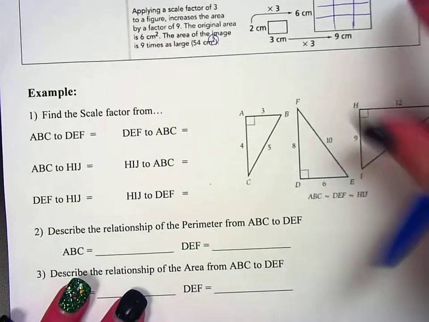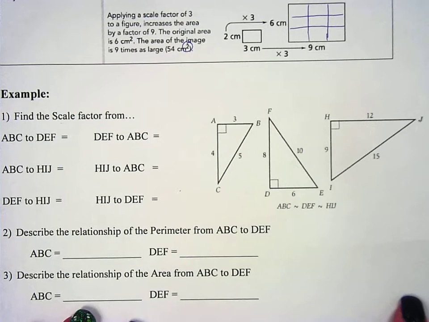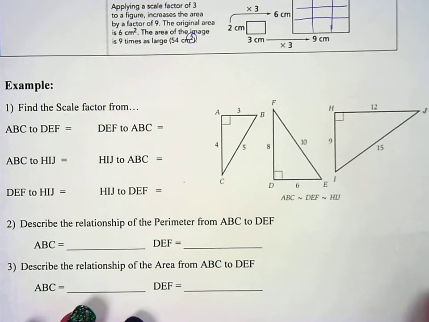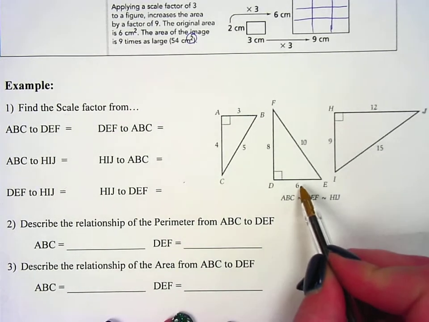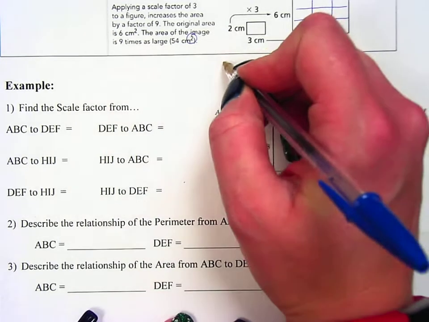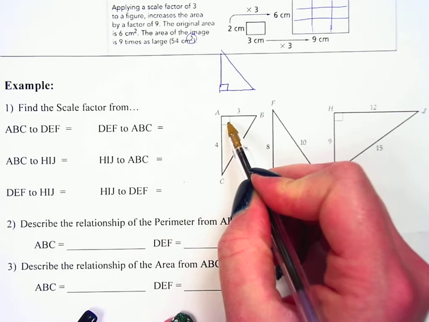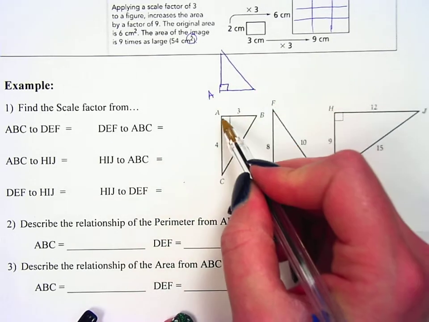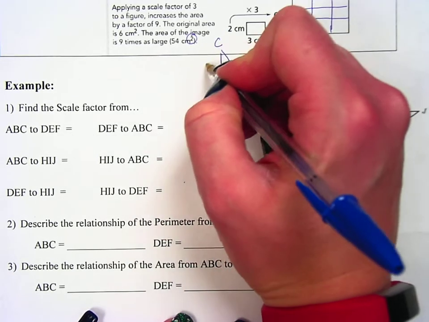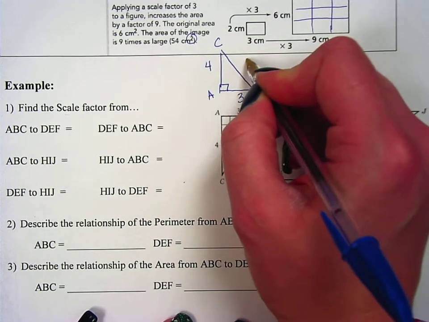All right, so let's try some examples here. In my picture, you'll notice they're all facing different directions. So my first step is actually to turn them so they're all facing the right way. I'm going to go ahead and leave this one with that right hand in the bottom left-hand corner. So if I was to rotate, A is my right angle, the long length is C, and the short length there was 3, and my diagonal